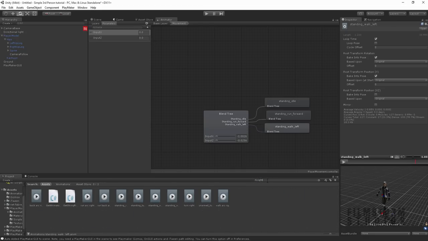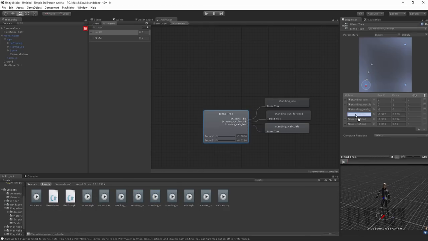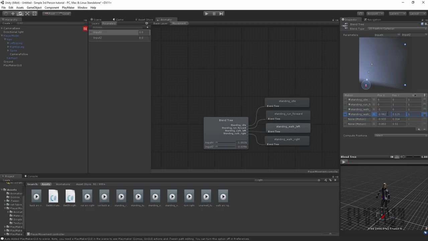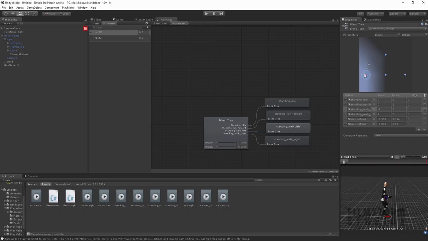Let's go to our right. Let's look up our right one, and find where he's walking to the right. Uncheck this box and drag this guy in. Let's zero out this one and zero out this one. Because this guy is going to be moving to the right, we want to make this a positive one. Lovely. Now you'll notice if we move our stick to the left, he goes left, we move it back to idle, we move it to the right, he'll move to the right, back, forward. That's very nice.